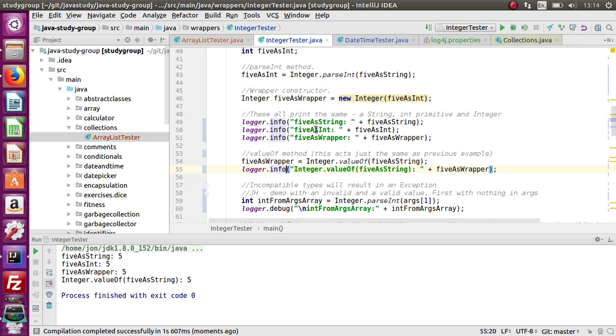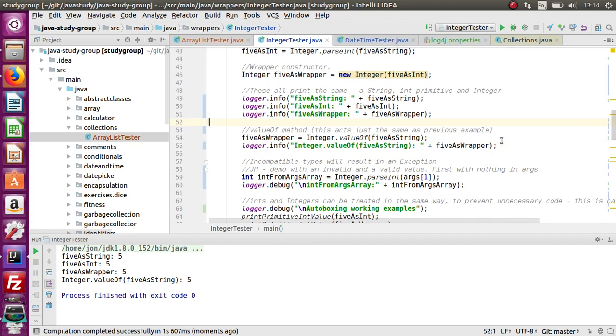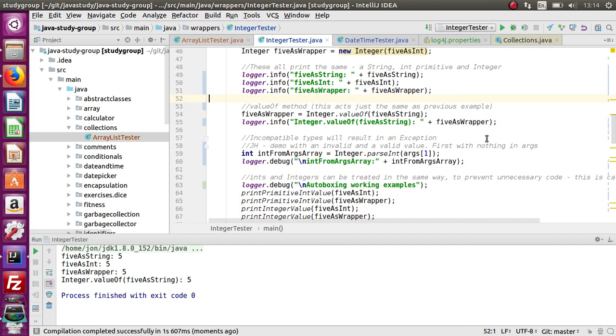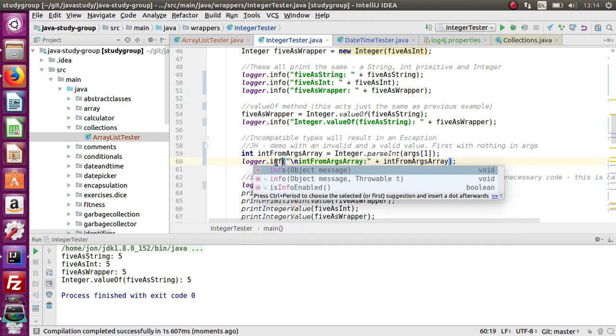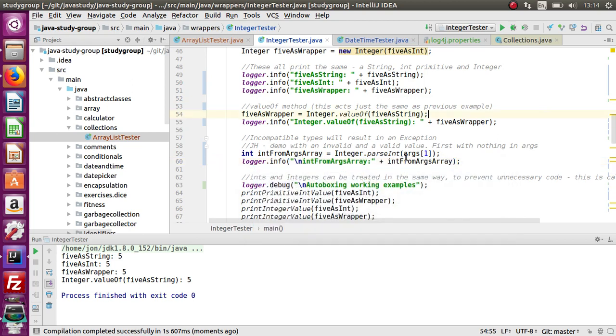So again, 5. It gets a bit boring. I've used 5 in all these examples. So what you can do, you can also do this parseInt. You can get something from your args array, the one that you pass in at runtime if you want to. So let's do that. What I'm saying is, get me my runtime arguments that I pass in when I'm running the program, and convert the one at position 1 into an int. So run that again from there,